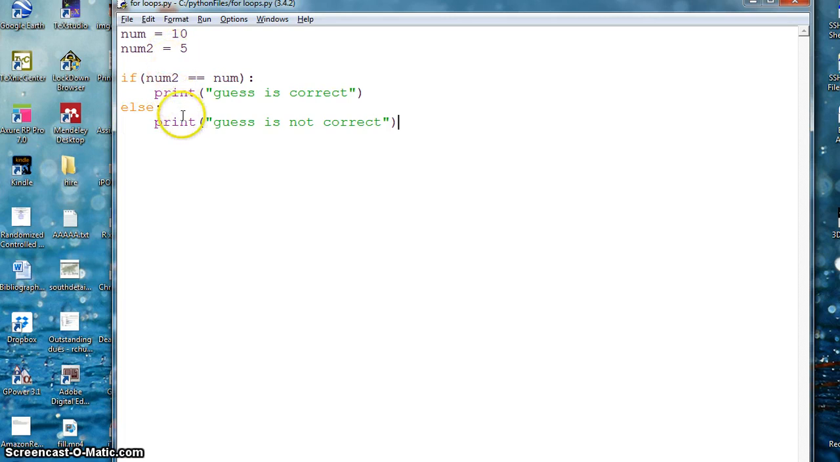I can even say if num2 is greater than num, print guess is higher, else not, but I want to say if it is lower also. So I will say else if. In Python, else if is elif. I can say elif, print guess is lower. The elif will need a condition. I can have the same condition, but num2 is less than num,